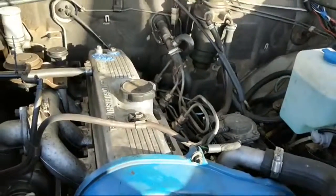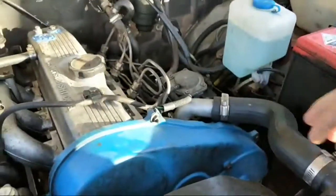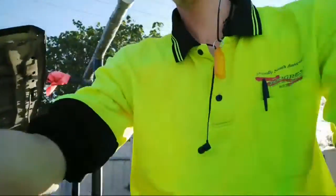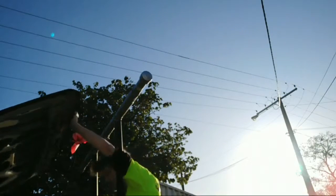So this all looks good to me. I don't need to take this off. There's a little bit of air in there, but it's okay because it's been sucking water back in, which is good. It only took about 3 minutes to do a preliminary check on the vehicle, so that's good,